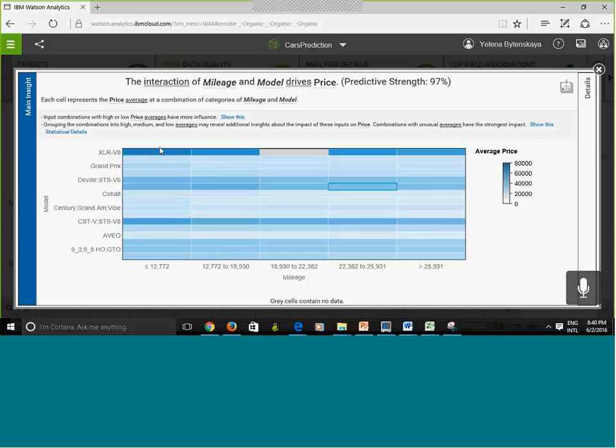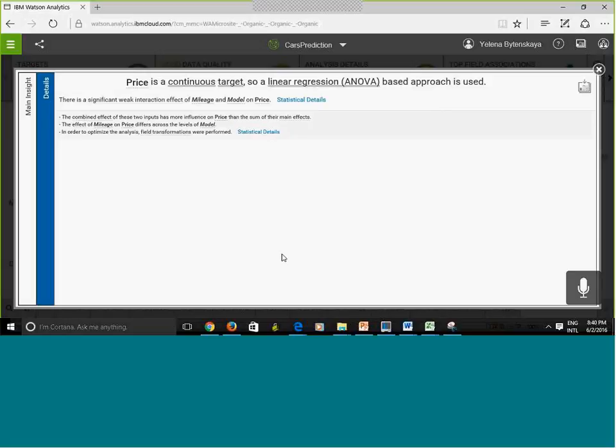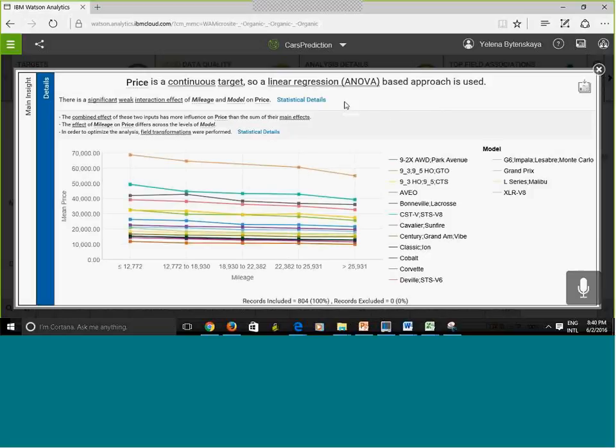So if you look at it, here is my car, which is the most expensive, and it's giving me the mileage and so on. You can also see the details, and you can even drill down. You can see the ANOVA table and the statistical details and more.